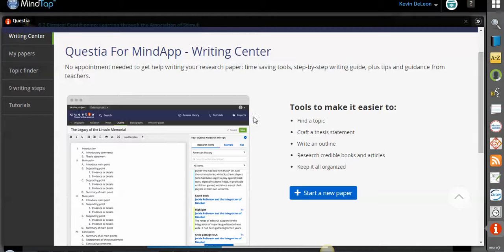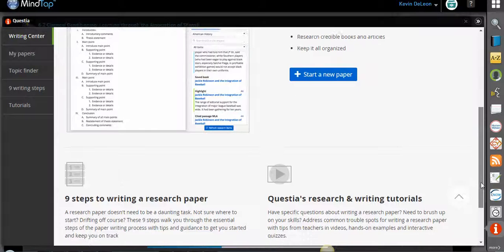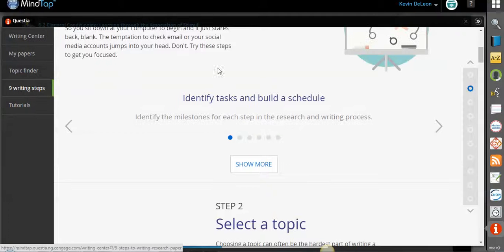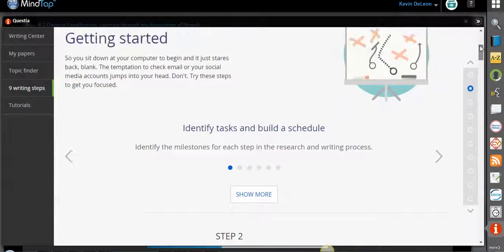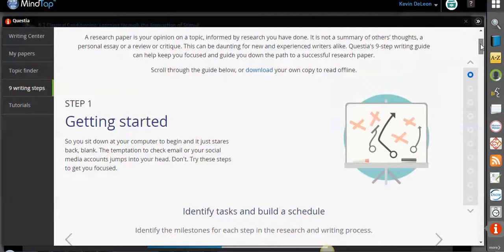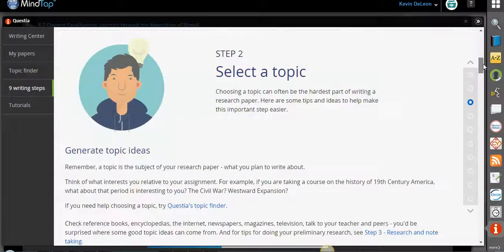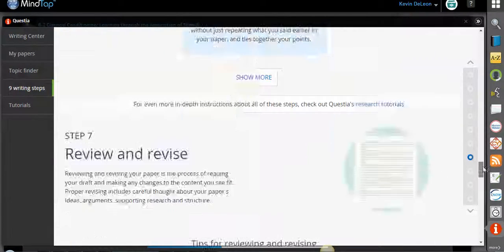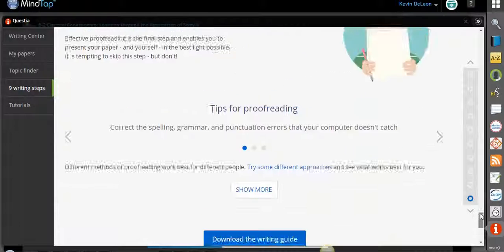This writing center here is a wizard that will start helping you write a paper, and it will take you through all the different steps of writing a paper. If you need some help with those steps, you can click here or here to these 9 writing steps. That'll walk you through how to write a research paper and any trouble areas that you might find, like how to get started, how to select a topic, research and note-taking. The one at the bottom here is